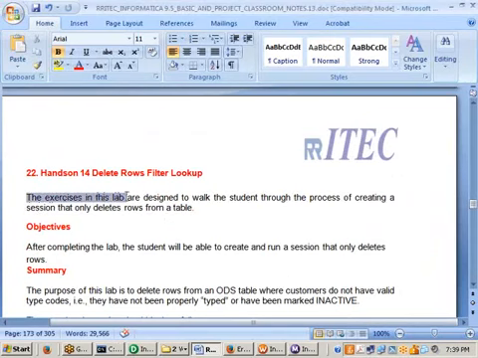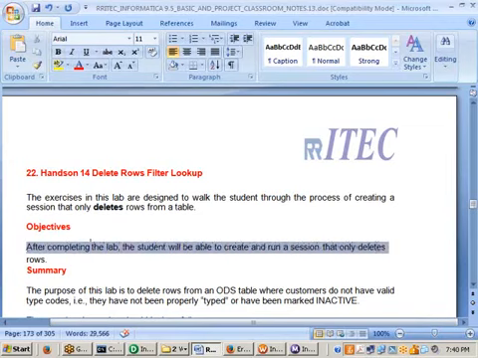The exercises in this lab are designed to walk the student through the process of creating a session that only deletes rows from a table. Up to this point we have been inserting. Now in this one we are learning how to delete. Objective: after completing the lab, the student will be able to create and run a session that only deletes